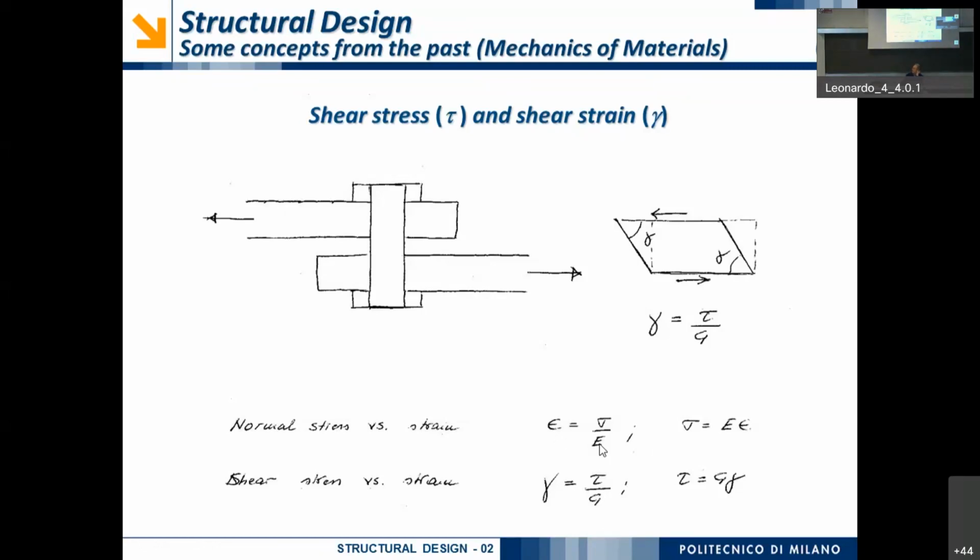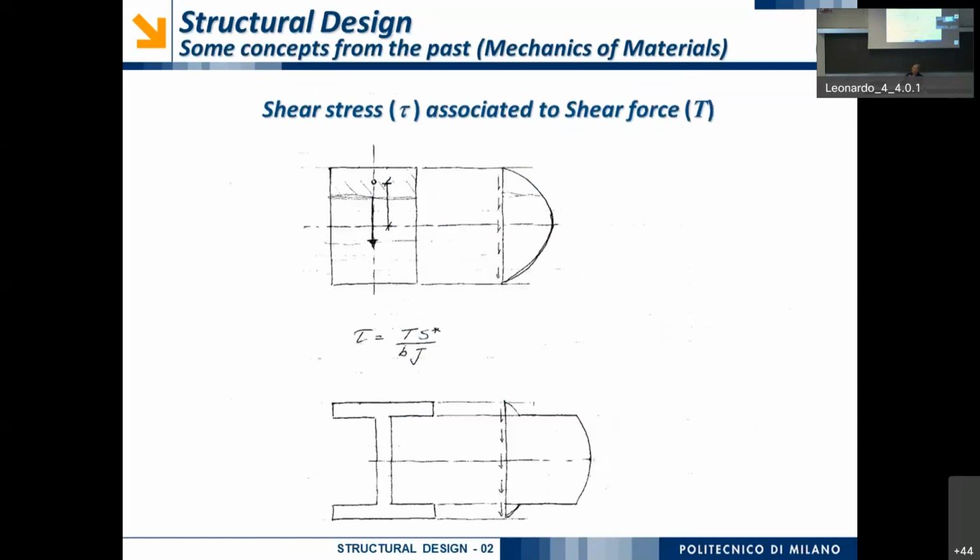The problem is that, unlike the case of the simple axial force, in which sigma was simply equal to N over A, in the case of shear, the distribution of shear is much more complicated,